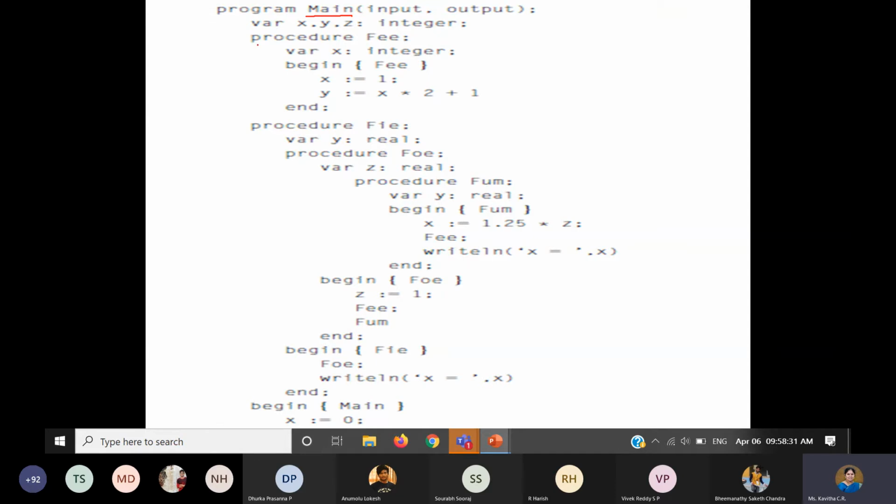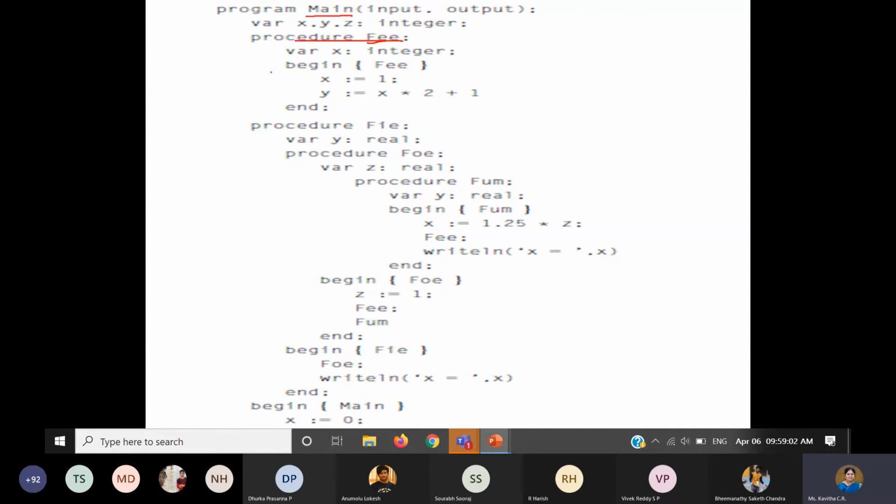And now after that, what do we have? We have something called a procedure. This keyword is used for all the procedures, followed by the name of the procedure. Inside this procedure, we'll see what is happening. Inside this procedure, we have another variable declaration, say x. Please note that there was a variable x in the main also. It was declared outside this function, and the same name has been used here also.